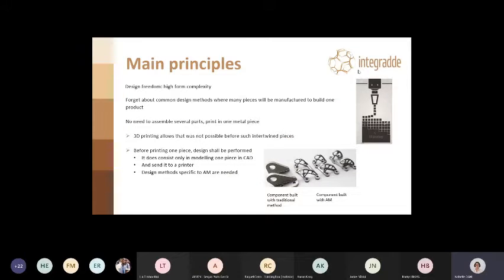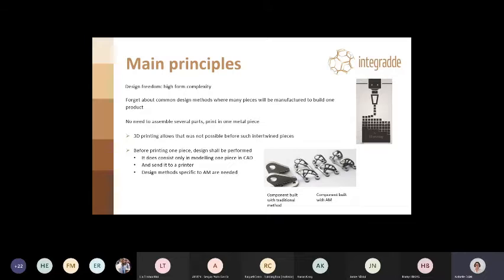Just a short reminder about the main principle of additive manufacturing. It is defined as a material joining process whereby a product can be directly fabricated from its 3D model, layer upon layer. Compared to traditional manufacturing technologies such as machining or casting, additive manufacturing processes have several unique capabilities. In particular, it enables the fabrication of parts with very complex shapes and complex material distribution.